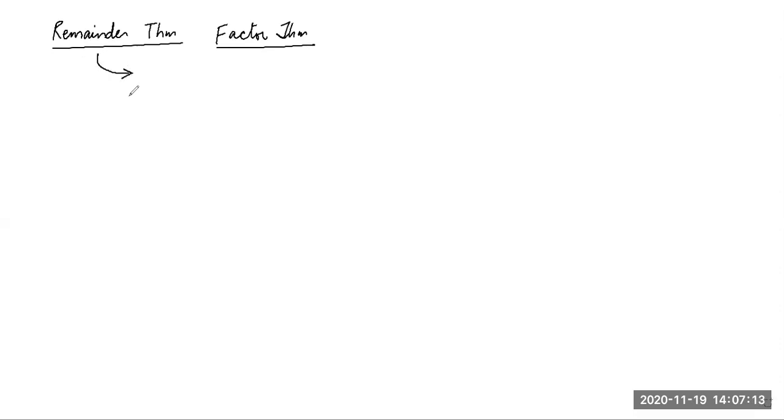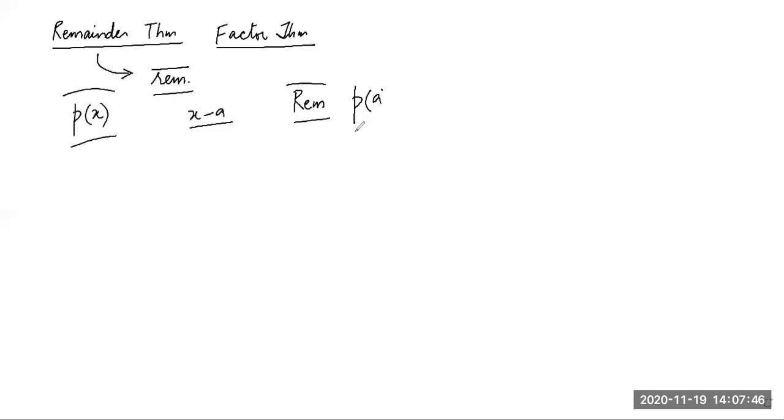The remainder theorem is basically used to find the remainder without doing division. Without doing division. So the remainder theorem says if p of x is a polynomial, let's say its degree is greater than or equal to 1, and if it is divided by a linear polynomial x minus a, the remainder will be p of a. It directly tells you the remainder. So this is very, very important.